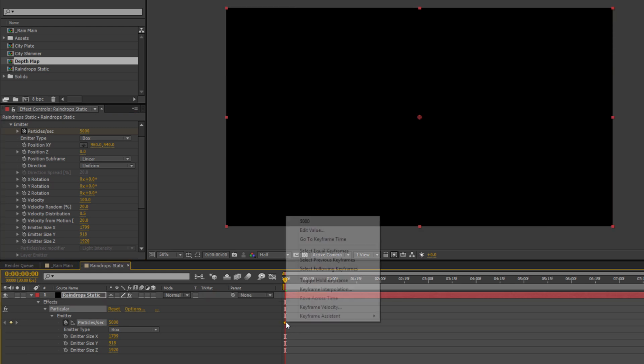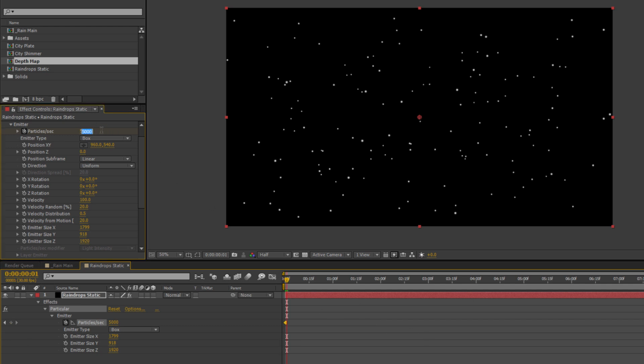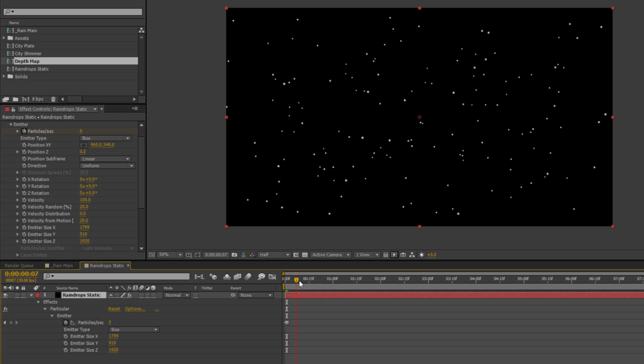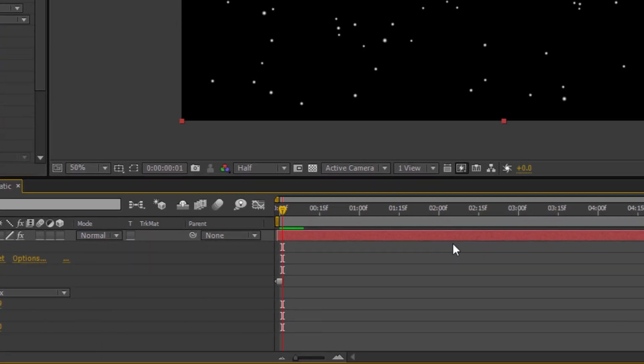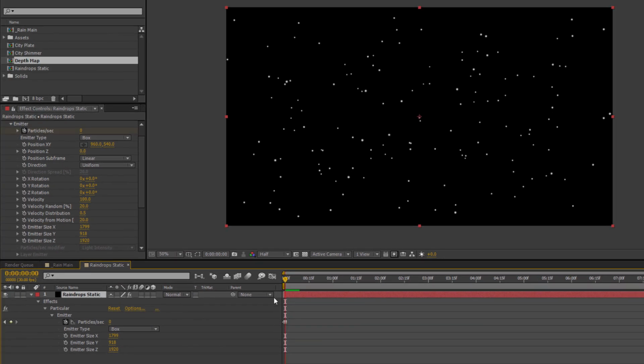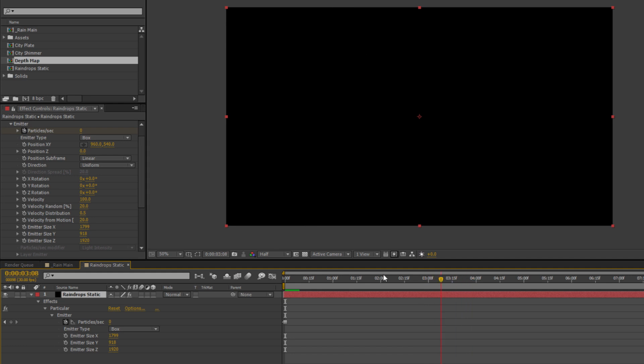Turn it into a square keyframe, so right click, hold keyframe, go one frame ahead and lower it to 0. And let's see, is this the amount of drops we're happy with? I think so. This looks fairly fine. So what I can do is offset this by pressing Alt Page Up so that the generation happens before the composition starts. And this way we begin with all the particles already there and no new particles get born